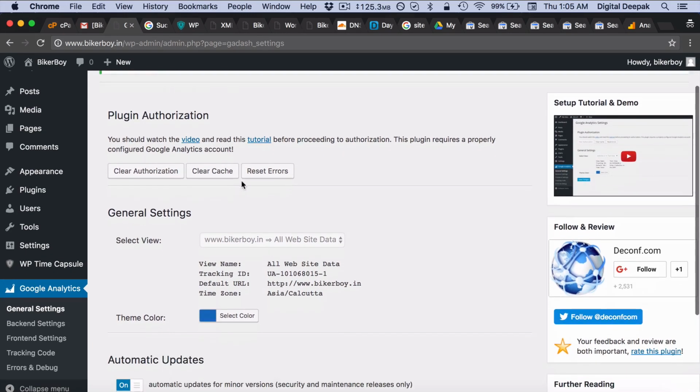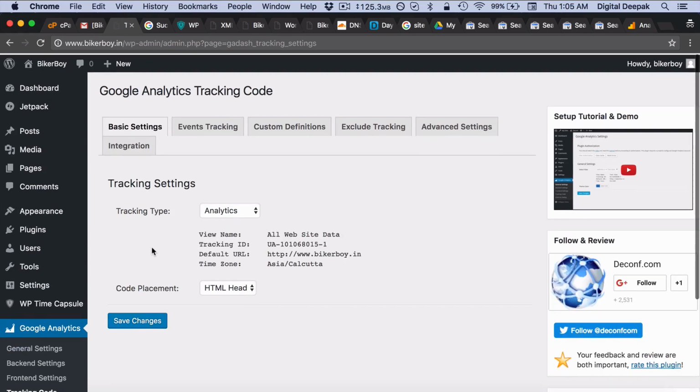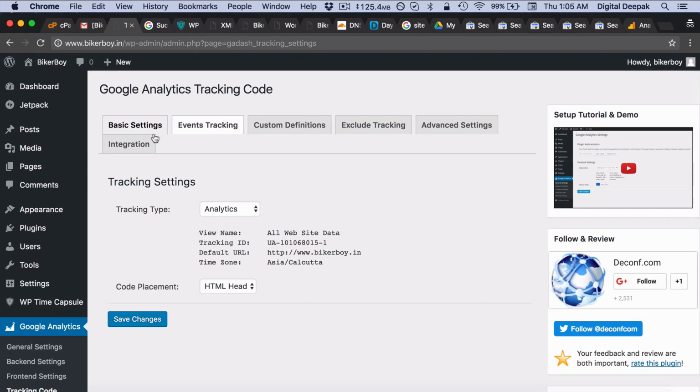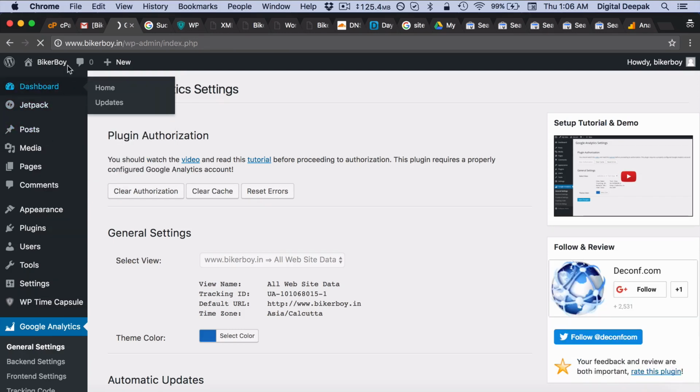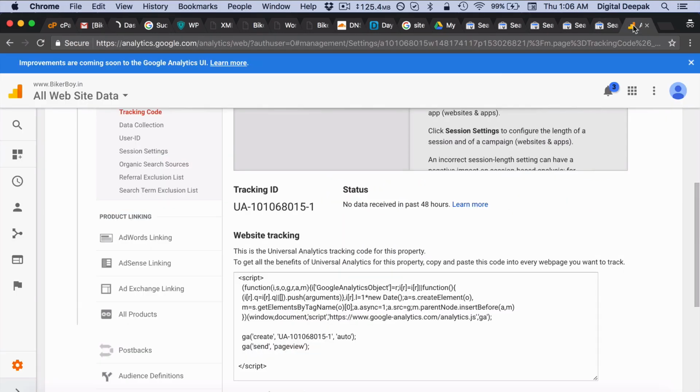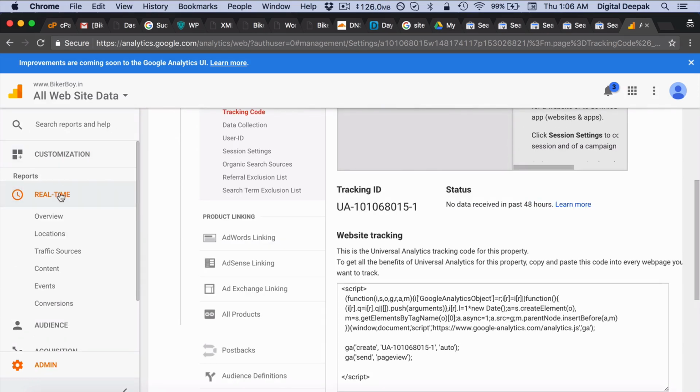So now we must be able to go ahead and check if the tracking ID has been set properly. So what I could do is that I would go ahead and check for real-time statistics. So this is real-time.